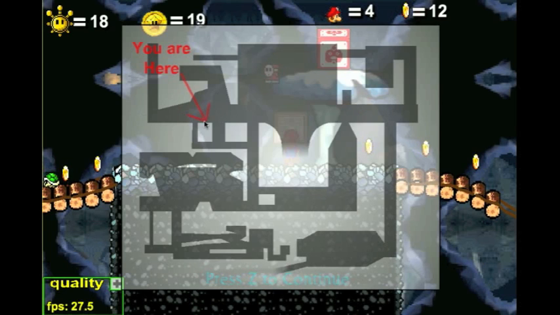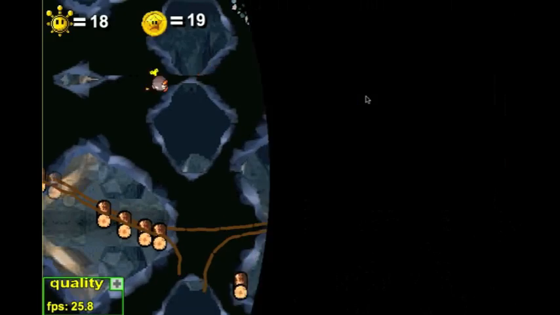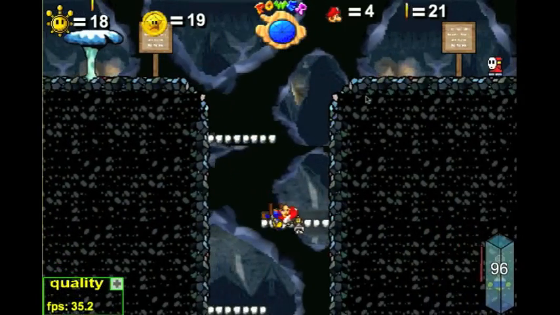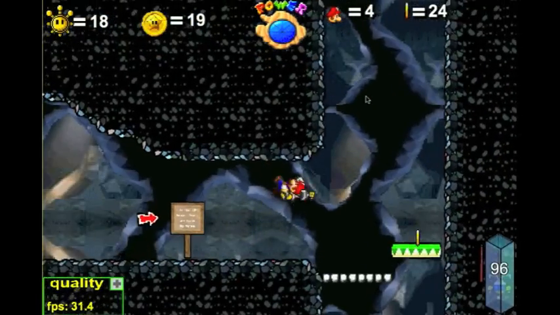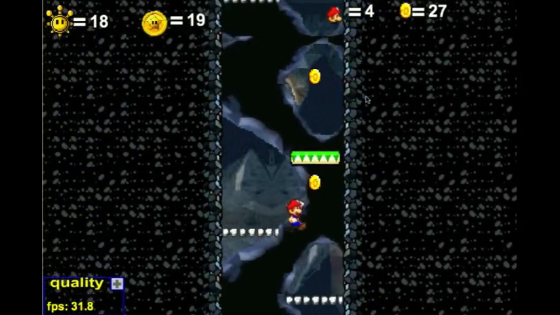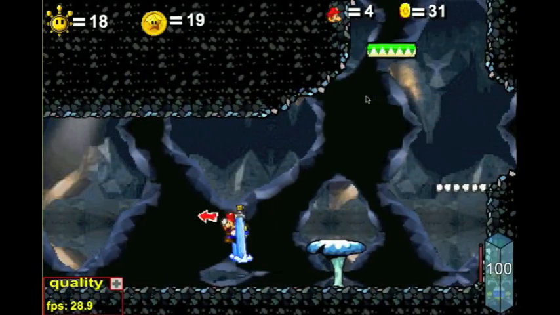But where we're going from is here, down here, and then down this little passageway, and this is the toxic maze, and our shine sprite is right there. So now that we know where we're going, I am going to go there. Now I'd like to point out that falling off here isn't a death. Alright. So now that we're done with this,